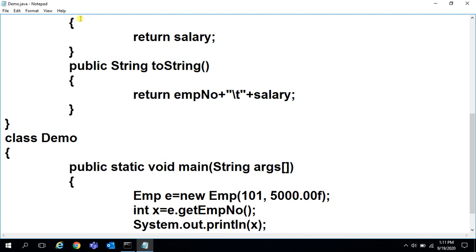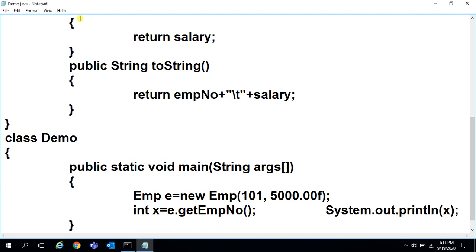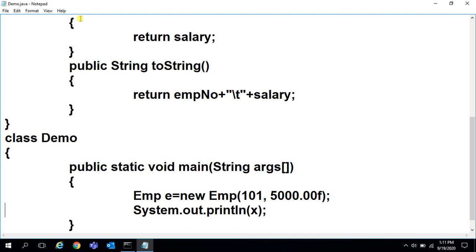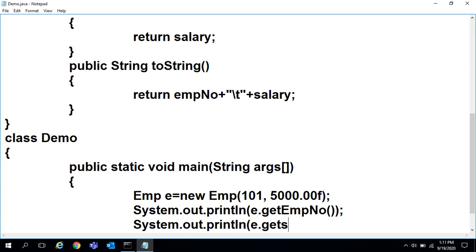Instead of writing two lines, this code we can write in one line also. So I'll write here System.out.println(e.getEmployeeNumber()) and System.out.println(e.getSalary()).